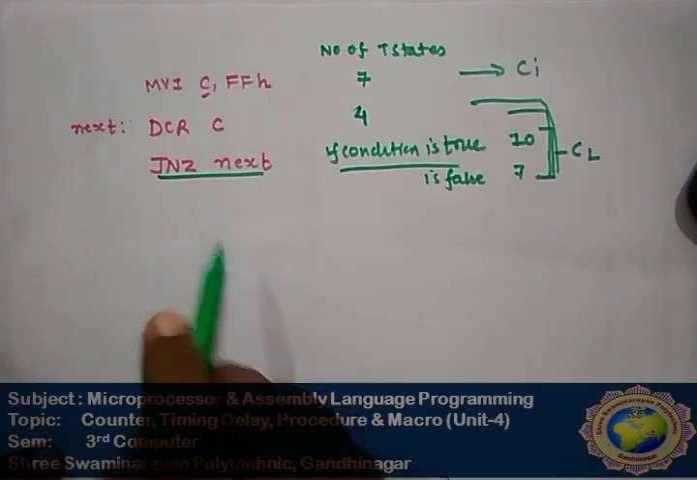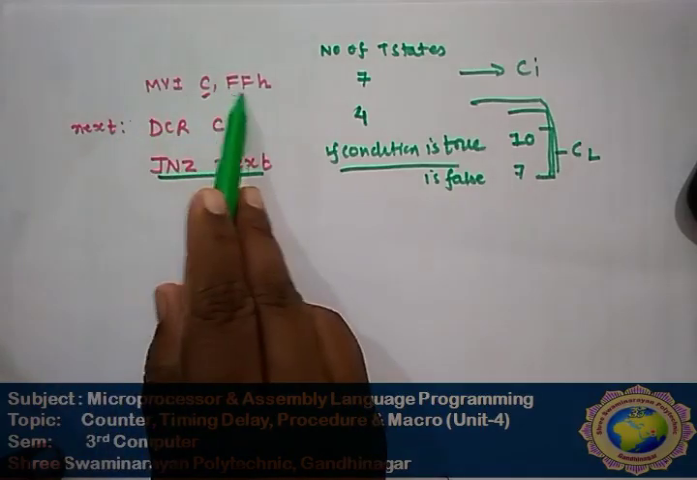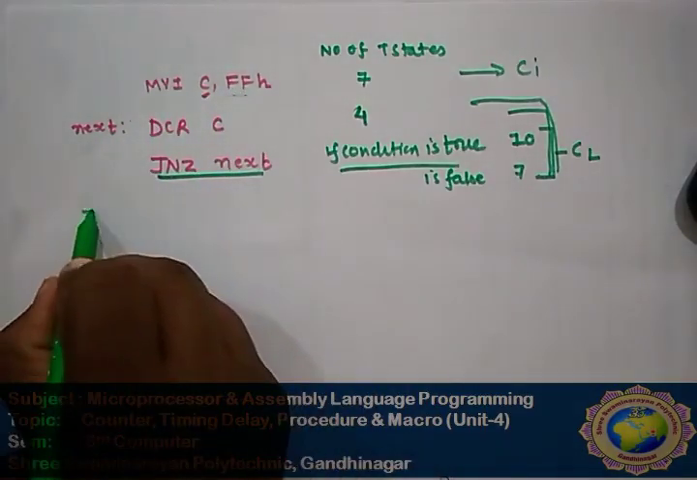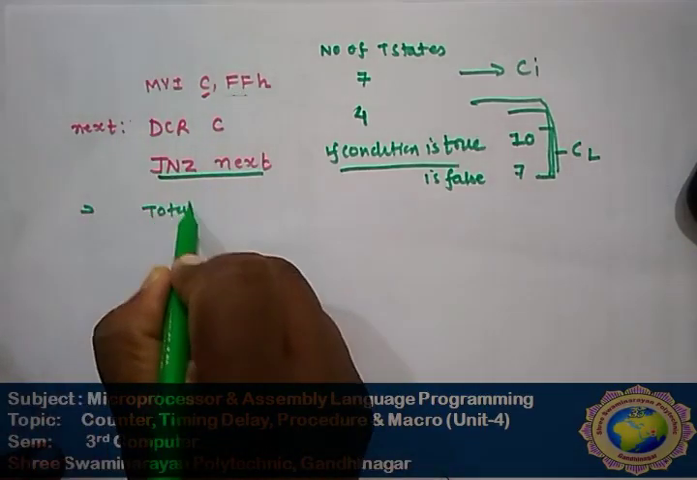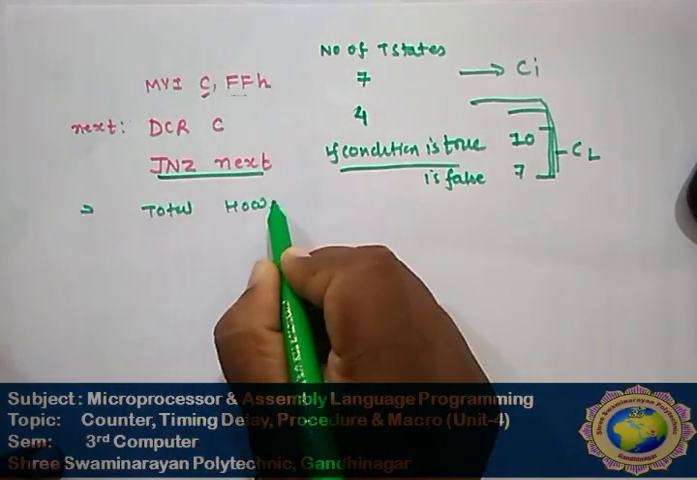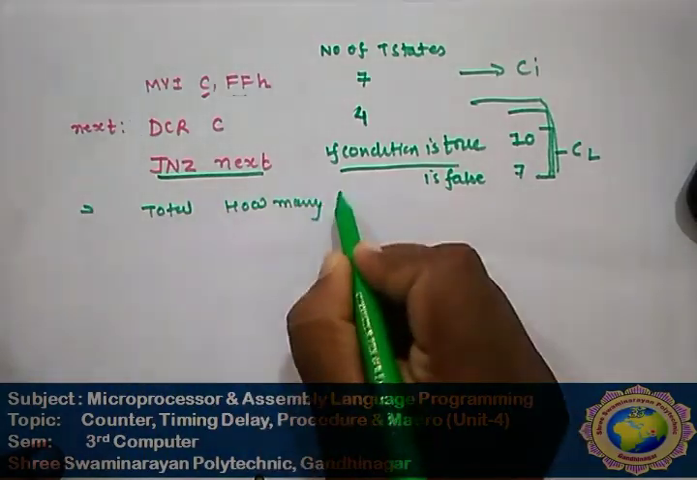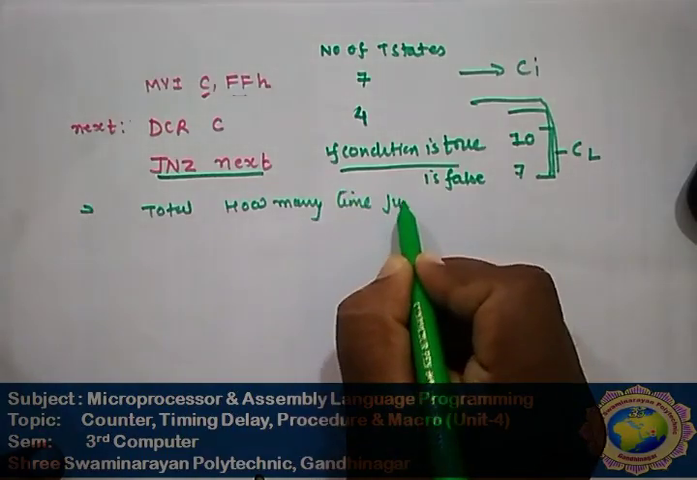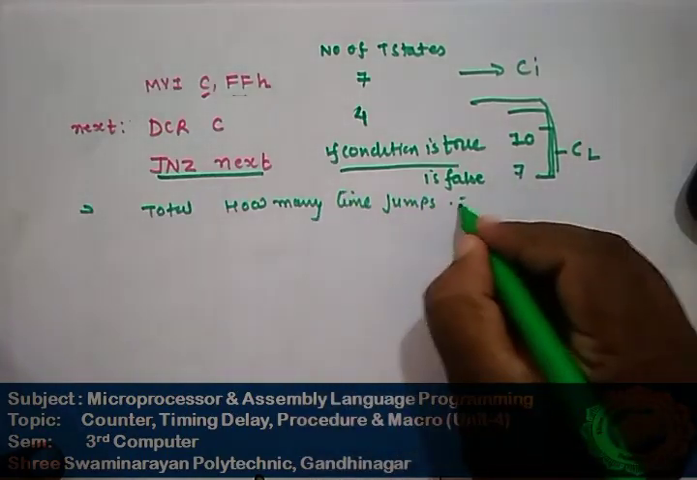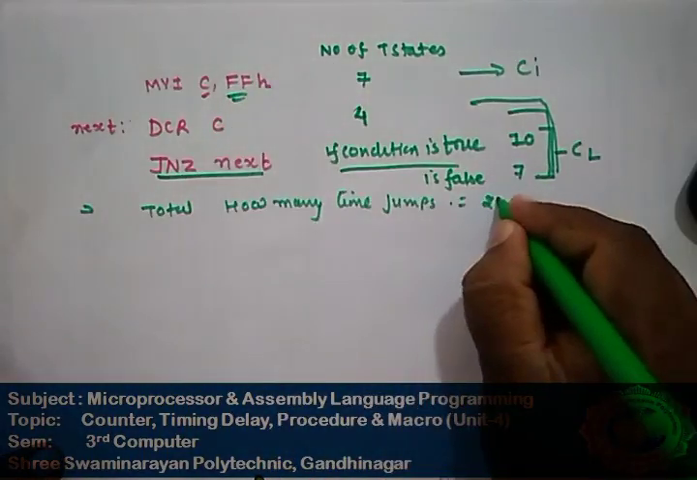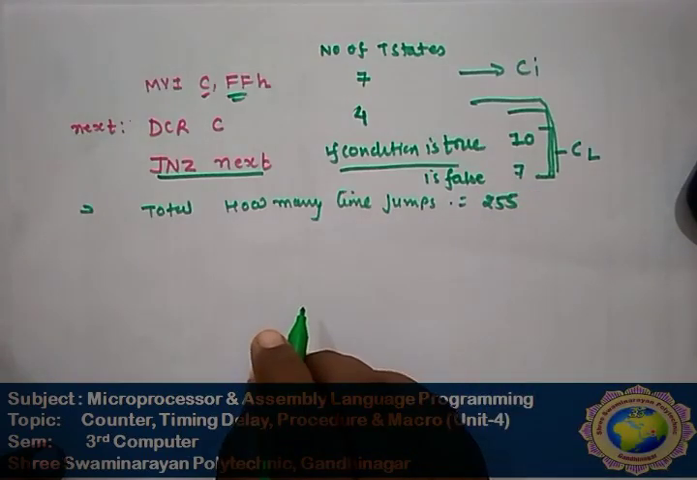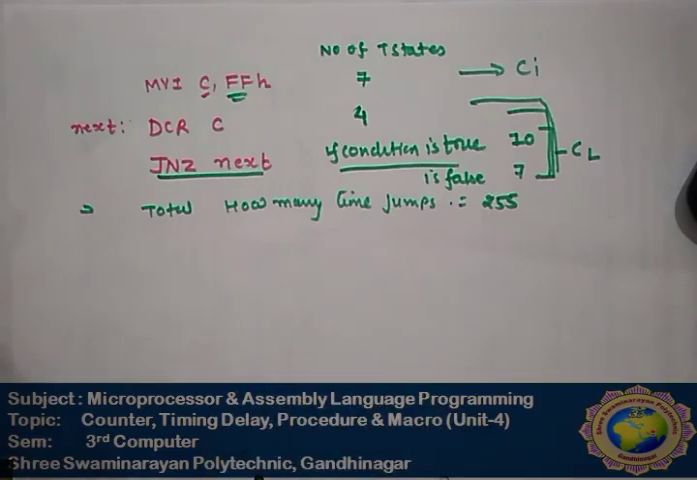Every time our condition is true, because we have started with FFH, so how many times does it jump in total? It jumps FFH, which is 255. (Gujarati) How many times will it jump? It jumps 255 times. Okay, so the main equation for